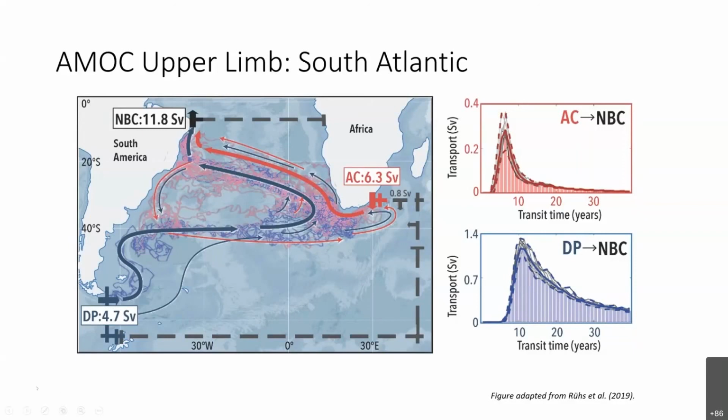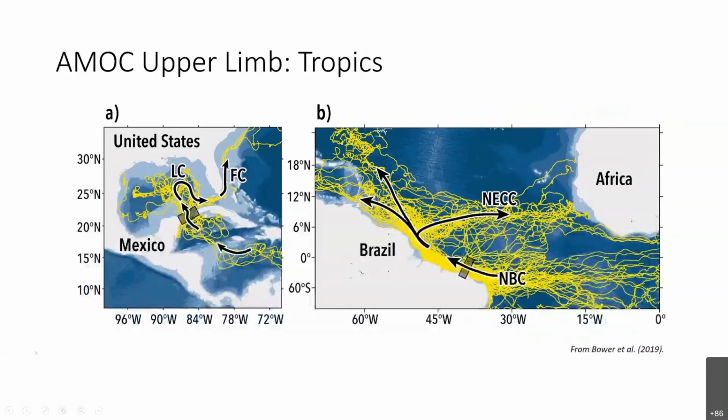Okay, so if we could go to the next slide, please. We're going to move now to the upper limb tropics of the Atlantic. Here we're going to turn now to some observations from surface drifters. In this figure, you see a subset of about 5,000 tropical surface drifters that were selected based on whether they pass through one of two boxes.